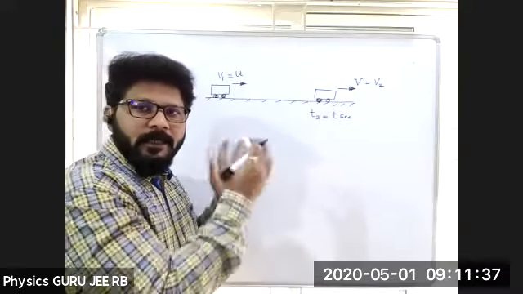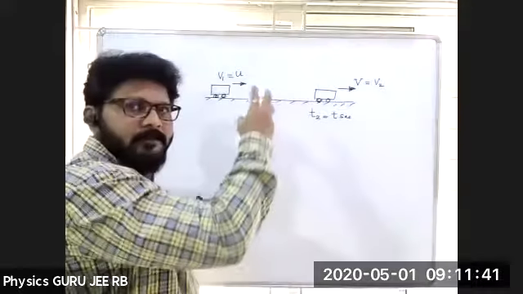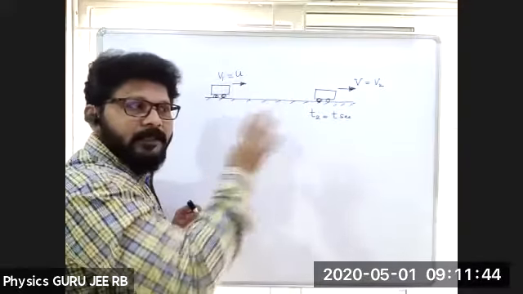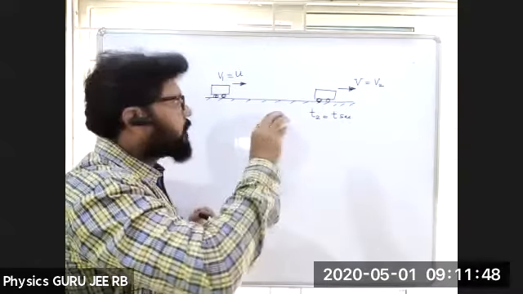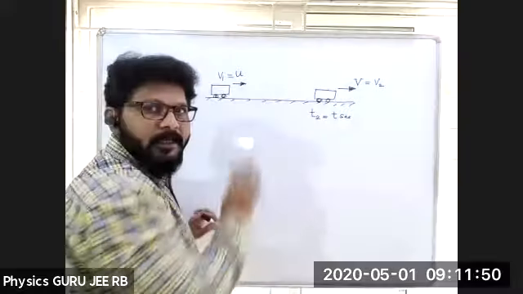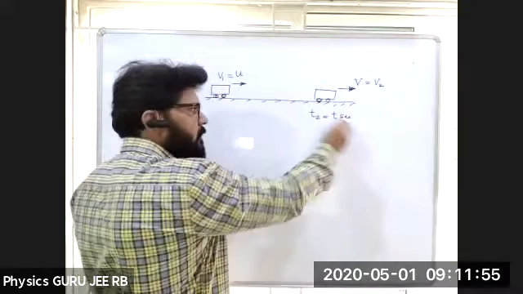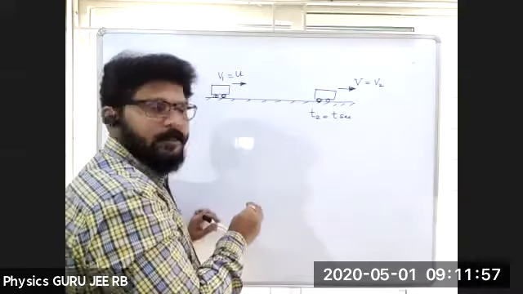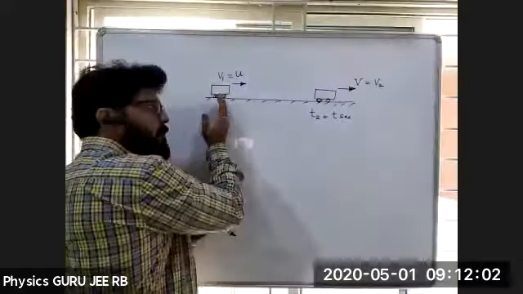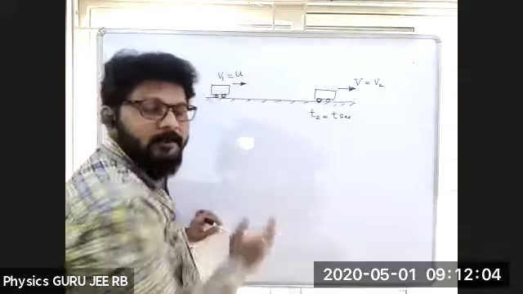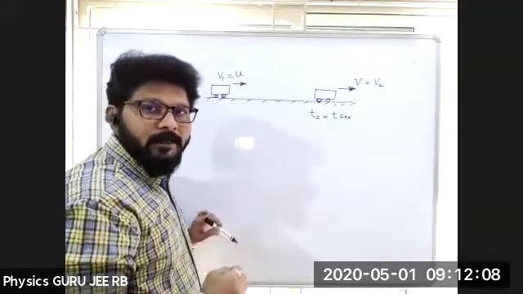Let me try to explain once again. When I suddenly observe a vehicle, it is moving, it is not at rest. It is moving with a certain velocity that I am taking as initial velocity. I am observing continuously for a certain time, t seconds. Its final velocity may be v. When I observe at this instant, what is the time taken? Can you tell me what is the time that we have to take?